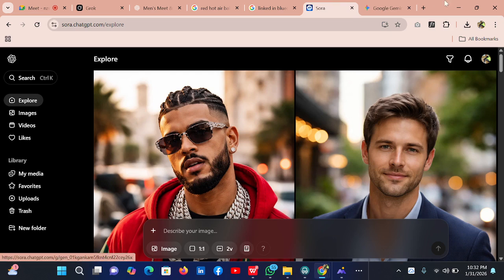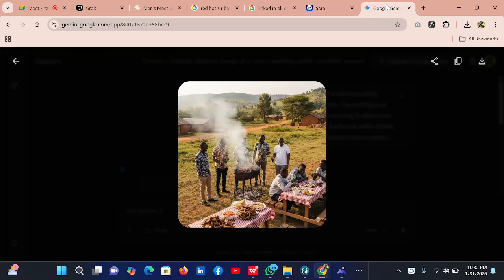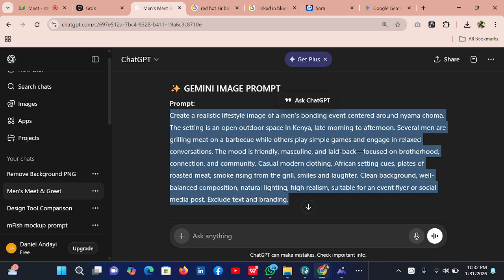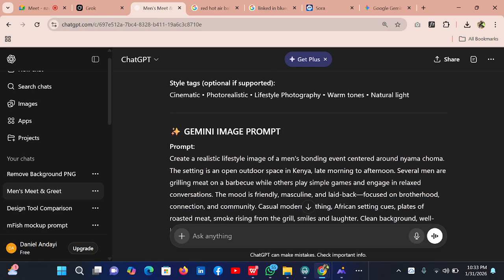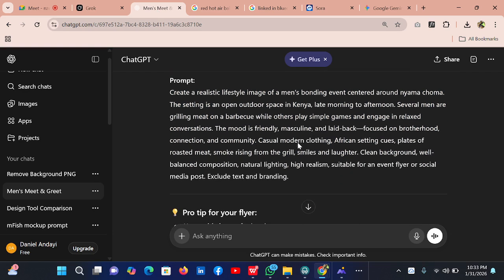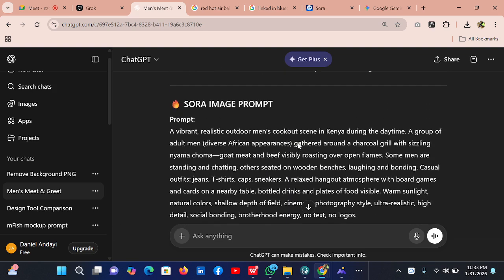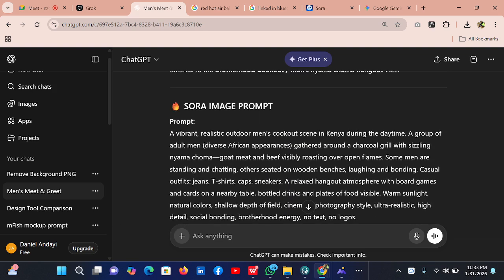Sora has taken this. The reason why I asked ChatGPT for different prompts is because the way Gemini responds to a prompt is different from the way Sora responds to a prompt.